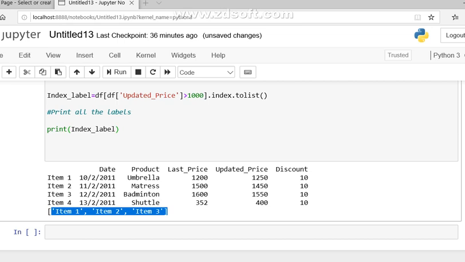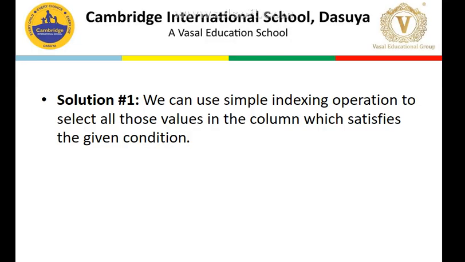So students, we have one more method to run the same query. What is that method? Going back to the PPT. See here, this method we have already gone through. We can use the simple indexing operation to select all those values in the column which satisfy the given condition.